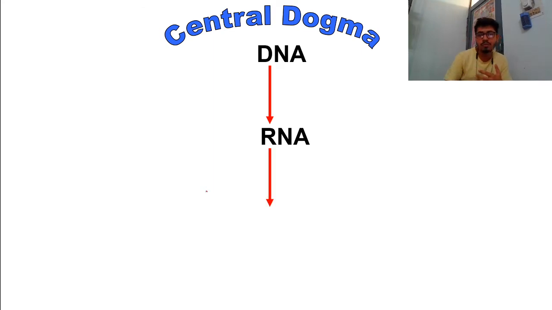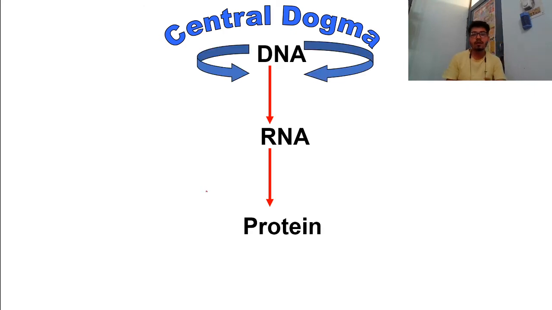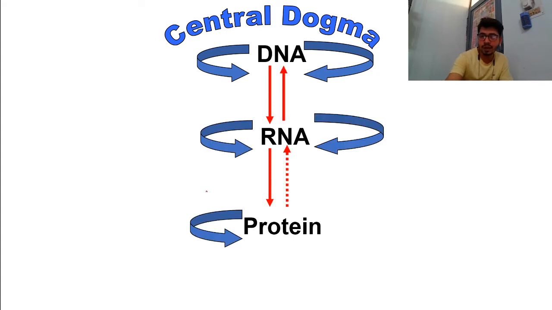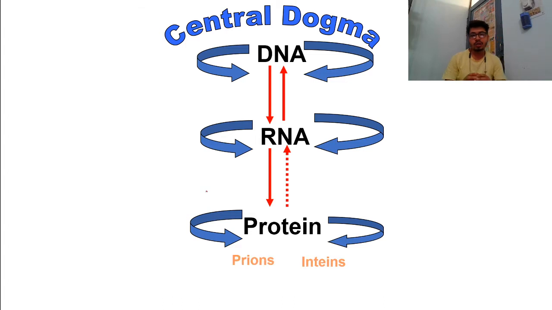Okay, so this messenger RNA, that RNA can give rise to protein. This protein is really important for all of us. So this technique is really very important. So dear friends, this is all about prions and enzymes, which are really another format of proteins. So we will go into the details in subsequent slides. So this central dogma of biology is really the main purpose of the study of any research scholar.